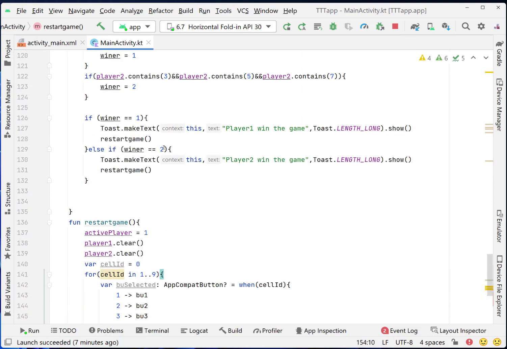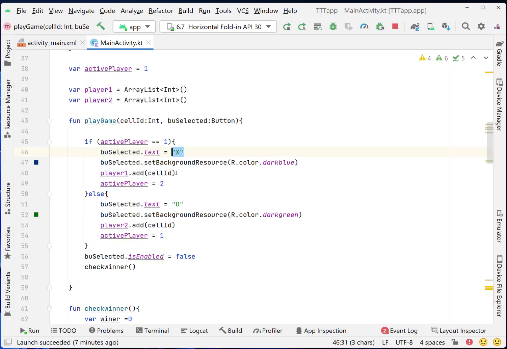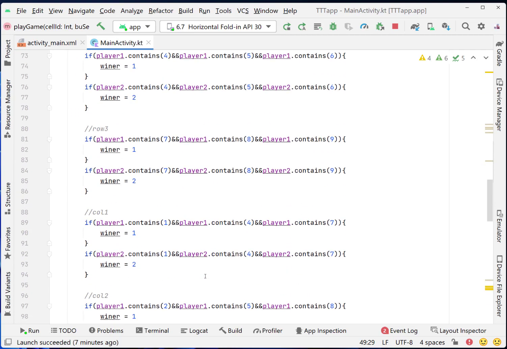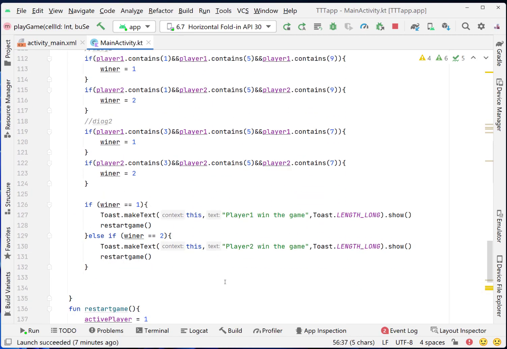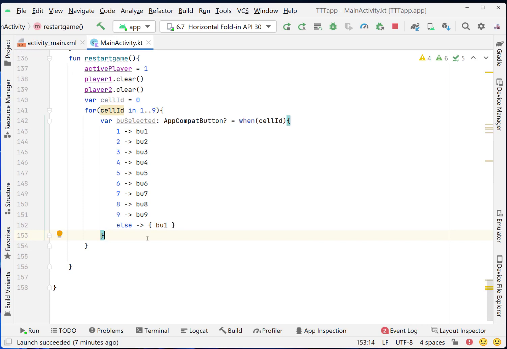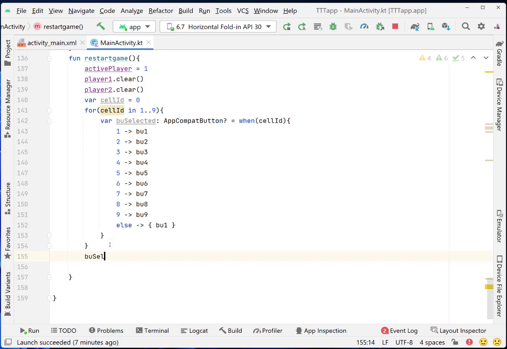After that, what we need to do, we select one by one. We'll delete these values, X and O's, as is shown here. Then we delete the background of it, background resource. And then we will enable the game again, we will enable the button, sorry. What we will do, after this one, okay, here we go after this for loop. We say for each button is selected, we will select it,